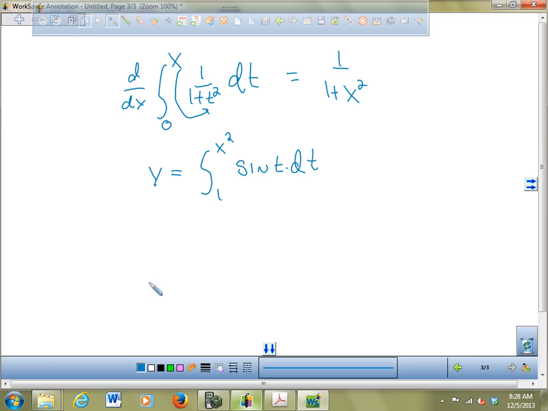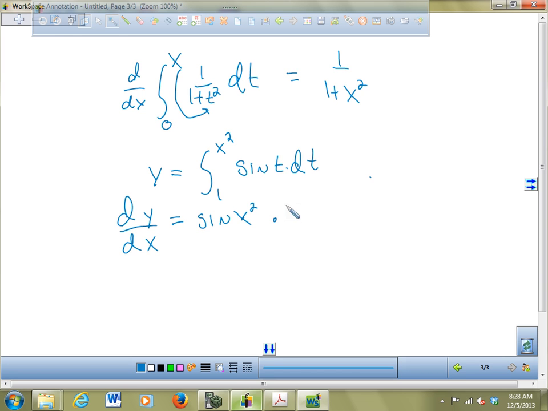What would I get? Sine of x squared. 2 sine x. Very close. Almost. Sine 2x. Not sine 2x. If they say find dy dx, not find the integral, but find dy dx, it's not equal to sine. Dy dx is equal to sine of x squared. You just plug in the x squared,